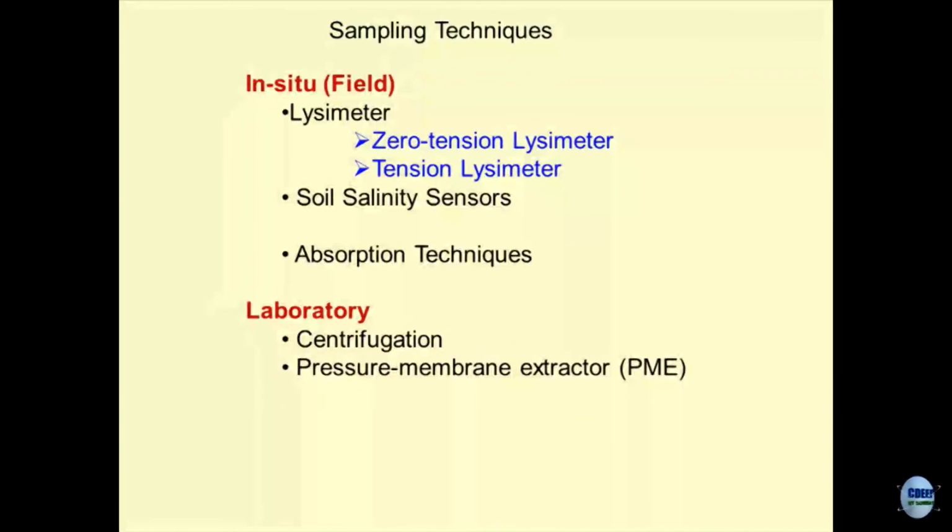You can fit them in a setup and spin them in an ultracentrifuge to expel the pore solution. There is another interesting device being used in the market, known as the pressure membrane extractor, PME. I will discuss how the pressure membrane extractor works